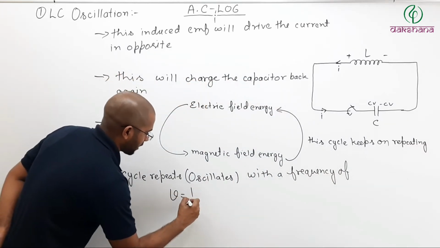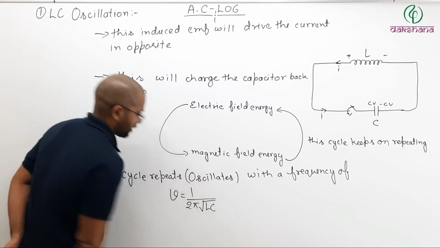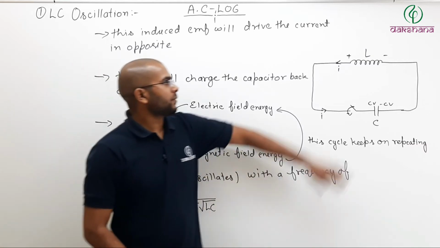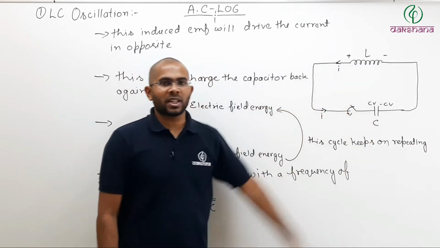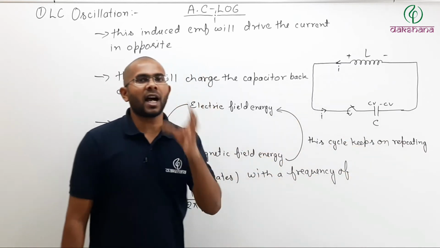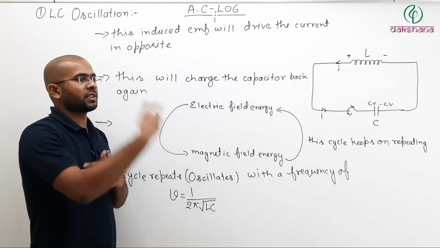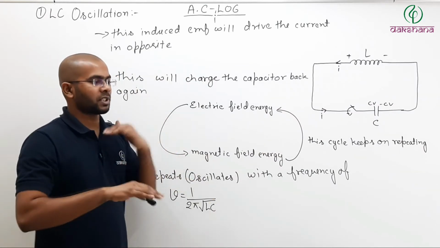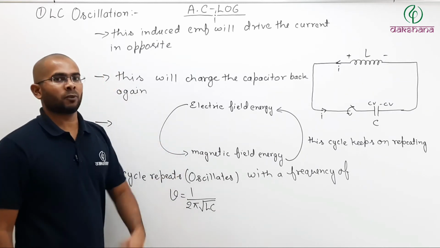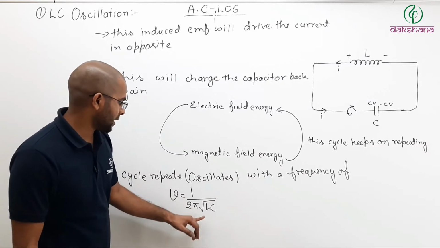mu equals, remember what was the frequency in resonance? 1 by 2 pi under root of LC. So that is the frequency of oscillation. If initially there is an inductor, there is a capacitor, and the capacitor is charged, you attach a charged capacitor to an inductor, then this will occur. First the capacitor will charge the inductor, then the inductor will charge back the capacitor, then again, that will keep on occurring. At what frequency? Mu equals 1 by 2 pi under root LC, where L is the inductance, C is the